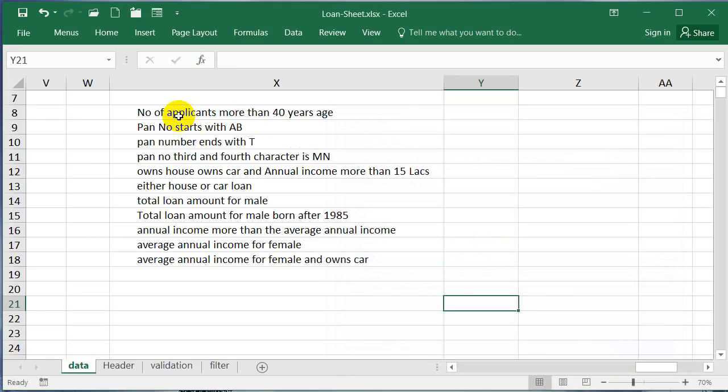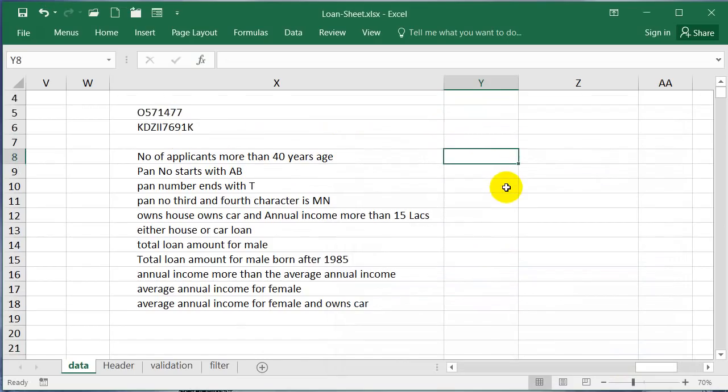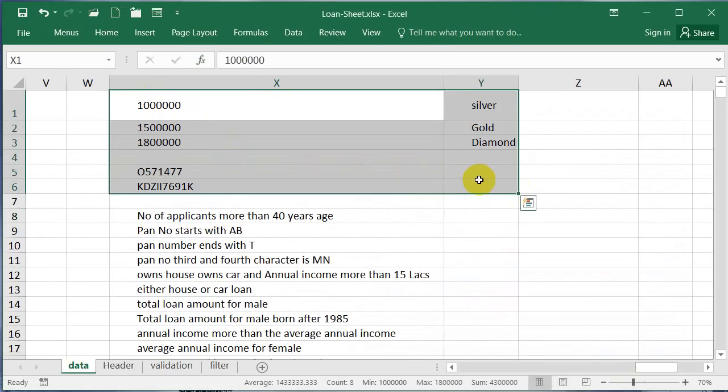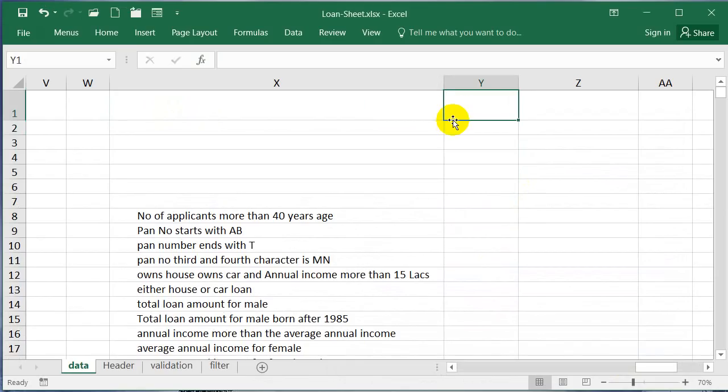So number of applicants more than 40 years of age. So for each one of them, we have to create, let's remove this stuff from here, right? And we have to create some criteria. So for this, what is the criteria? Suppose I say age, and age should be greater than 40 years.